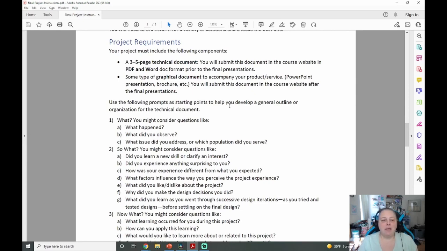So the requirements are a 3 to 5 page technical document. This document is going to be submitted in the course website. I would like it as a PDF and a Word document. This is going to be submitted prior to your final presentations. These are going to be shared with your colleagues, and we're going to do something really cool when it comes